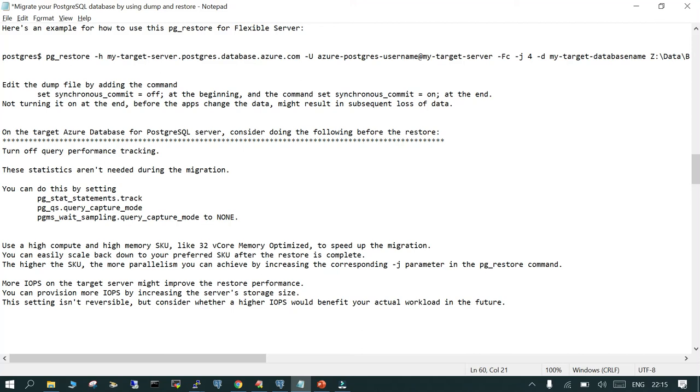And also when you are using it for the import, you make sure the machine should have a higher compute and higher SKU, so that if it is a more powerful virtual machine, then your speed of migration will be higher. This is in general why should we use pg_restore, what should be the architecture, and how to speed it up. But there are some more things which we can tweak and ensure that the speed is much faster. I hope this basic overview is